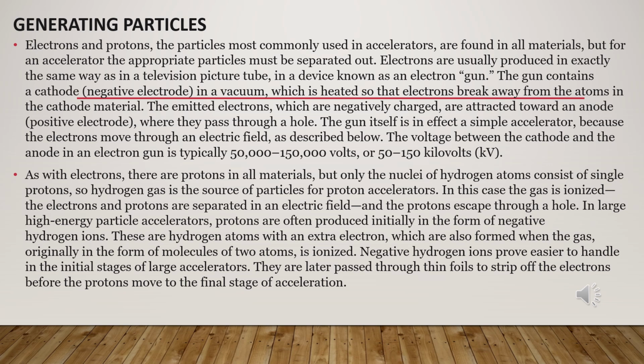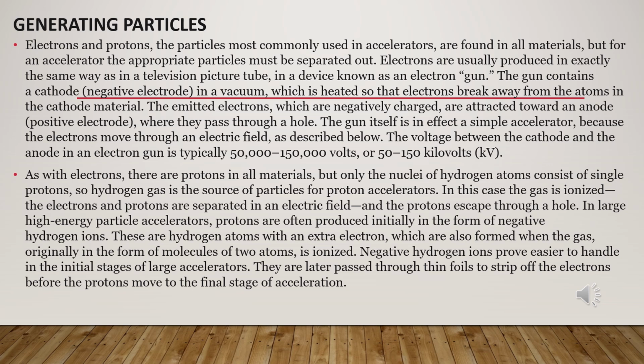As with electrons, there are protons in all materials, but only the nuclei of hydrogen atoms consist of a single proton. So hydrogen gas is the source of particles for proton accelerators. In this case, the gas is ionized, the electrons and protons are separated in an electric field, and the protons escape through a hole. They are later passed through thin foils to strip off the electrons before the protons move to the final stage